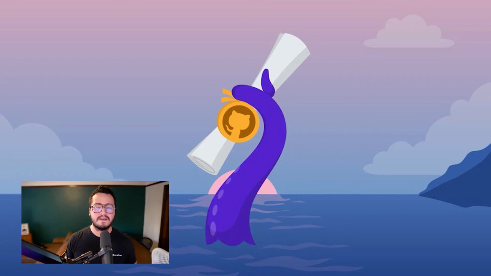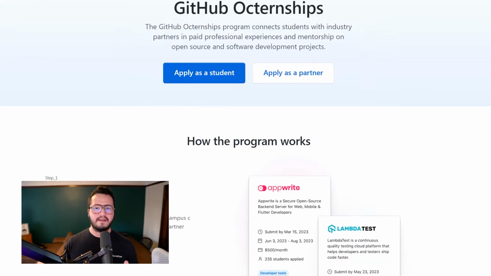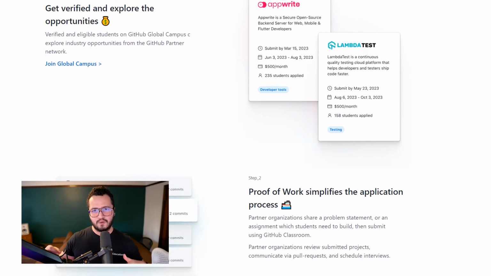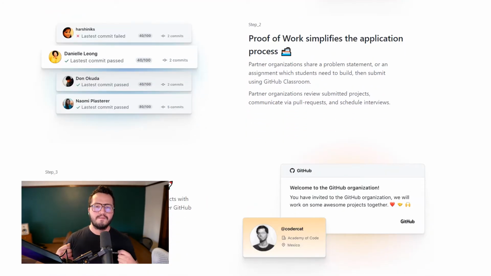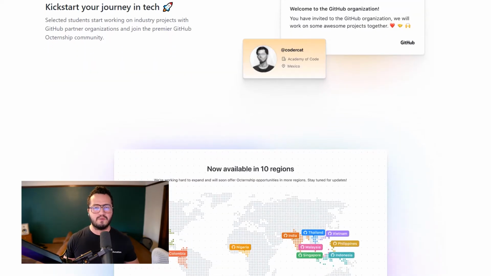GitHub internships are a great way for you to connect with some of our industry partners on paid professional experiences. As a student, at this time, you probably already have some learning resources from GitHub. You have some tools to build any type of idea that comes to your mind. And with GitHub internships, we're looking forward to getting you an opportunity to get that professional experience that might be extremely valuable for you, not only to get the experience, but also to explore how you want to